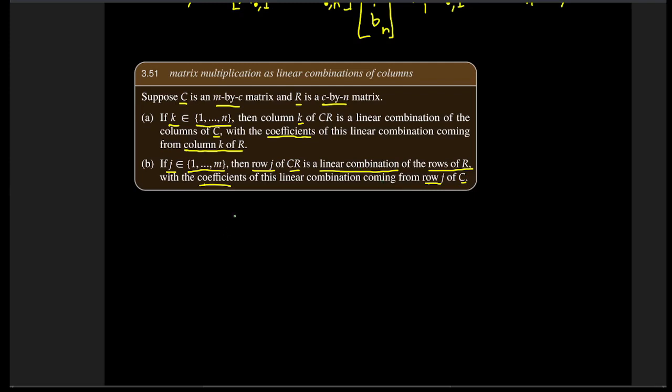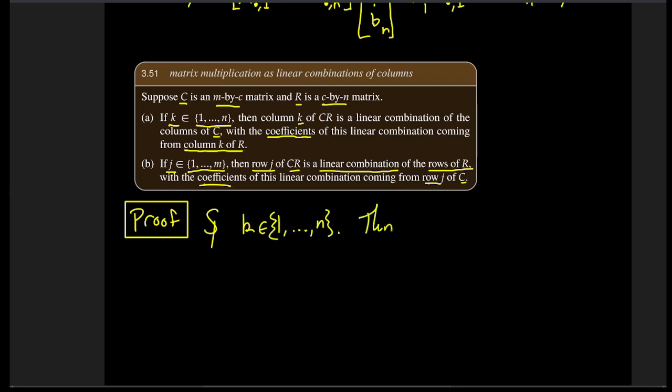All right, cool. Let's see if we can prove this out. So it's not actually that bad. It feels like it's going to be complicated and we're going to have to do a ton of indexing, but I claim it's not actually bad at all. So suppose that k is in 1 through n. Then column k of CR, i.e. CR where we range over rows while fixing the column to be k,